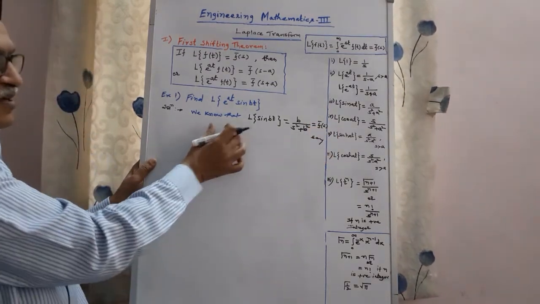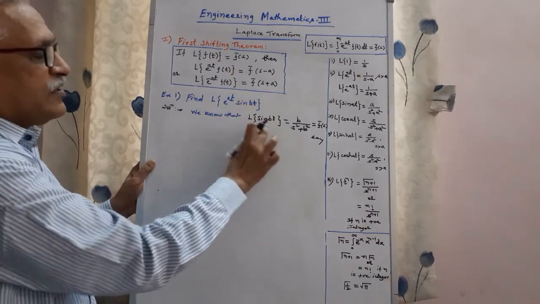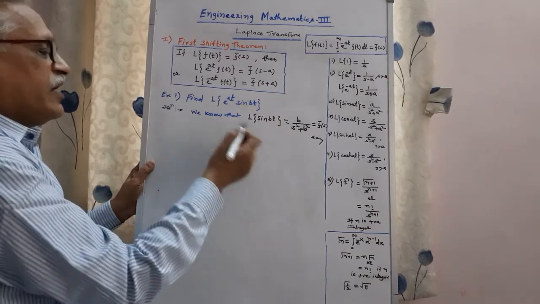This is the first step. We have to obtain the Laplace of this function f of t. Here f of t is sin bt, and then